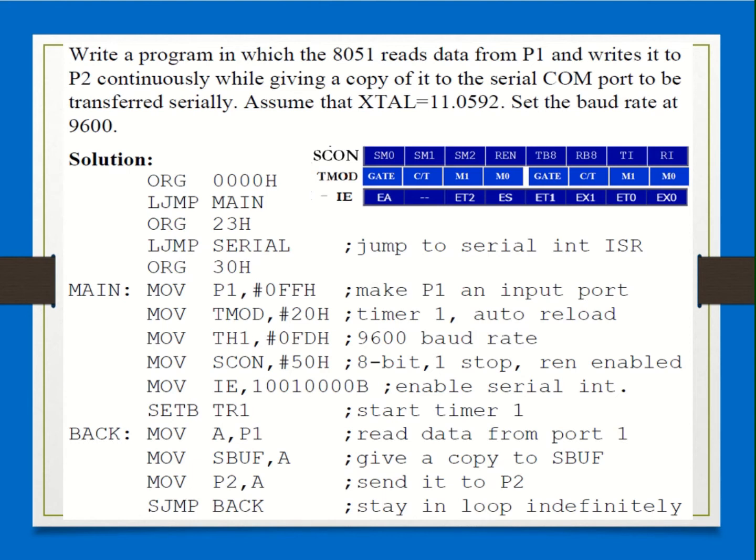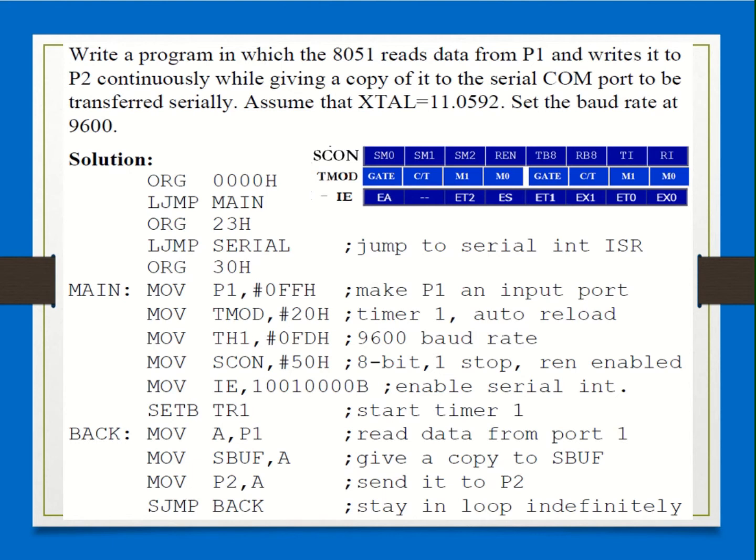For every clock pulse, 1 bit will be transmitted serially, isn't it? That is what is happening at this point: MOV SBUF, A. The data in A which you have read from port 1 is sent to SBUF.